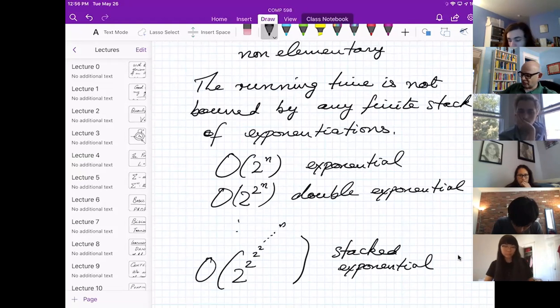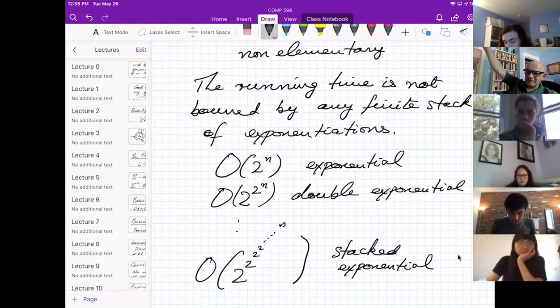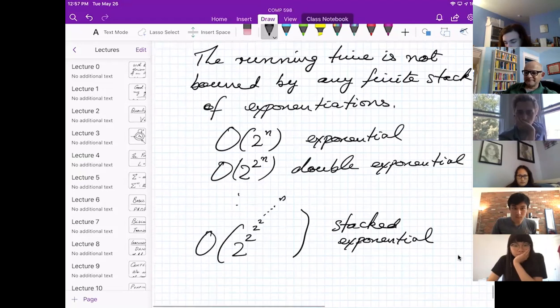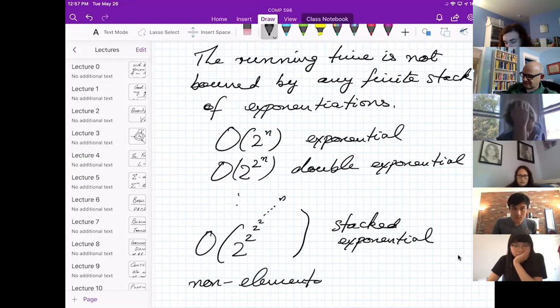Okay, so there's no finite stack height that you can impose that will give you a bunch of exponentials that bounds the running time of the decision procedure for monadic second order logic. Okay, so non-elementary means beyond any stacked exponential.